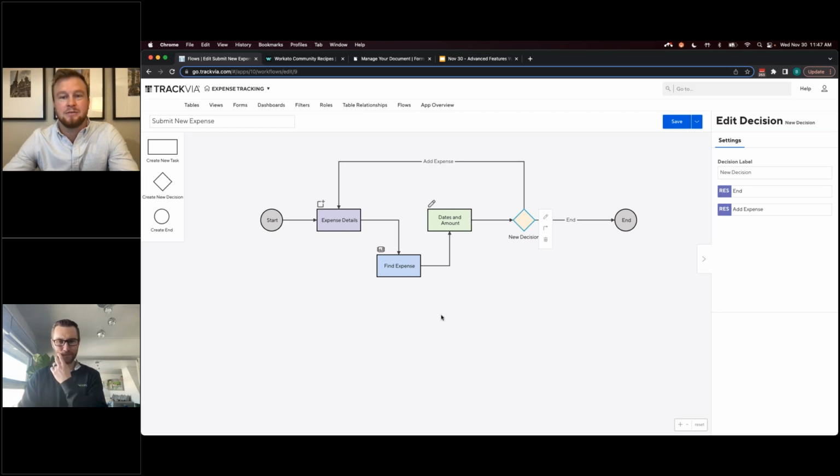Plus, you can kind of change these around. I saw one that looked like Bart Simpson one time, so that's kind of fun. You can actually change the way these lines kind of come together. But the reality is these can be very powerful, whether it's a decision tree of 80 decisions or it's just looping back on a decision. These can really save a lot of time and be very powerful just as you start to advance the way